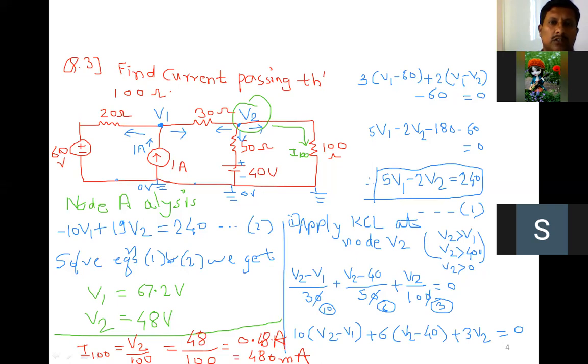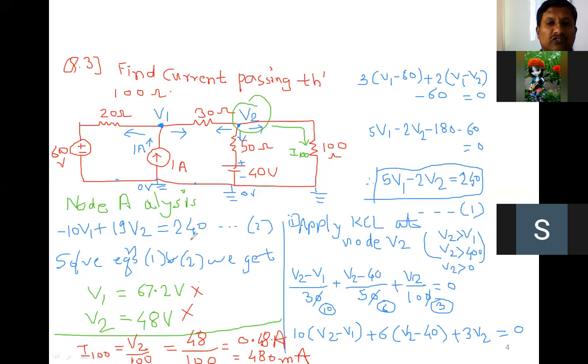Are you getting my point? If you are systematically following the steps and your calculation is correct, then you can get the correct answer. Sometimes students solve systematically, but after taking the help of the calculator, or doing it on their own, they get the wrong answer. But if the steps are correct, at least 4 steps they will get marks. But if the steps are wrong, the equations 1 and 2 will be wrong, then you get fewer marks.